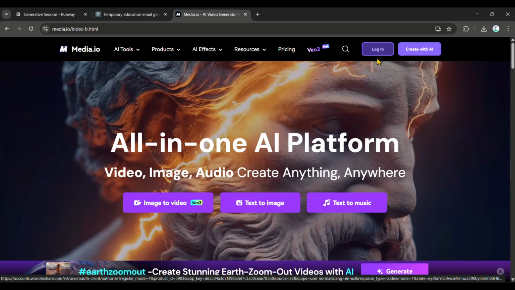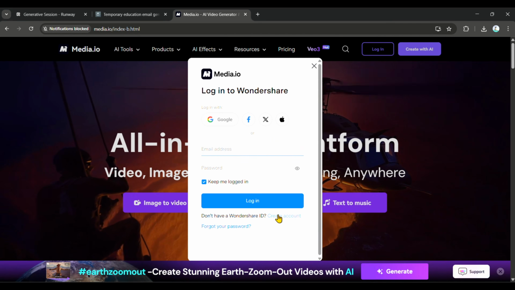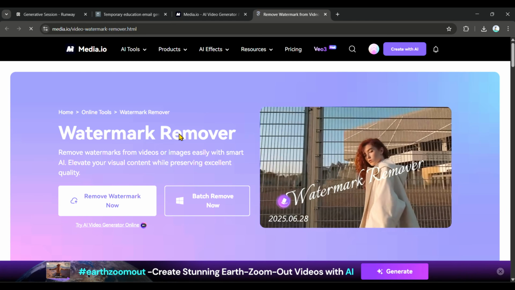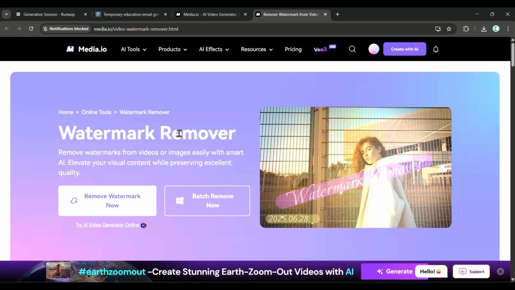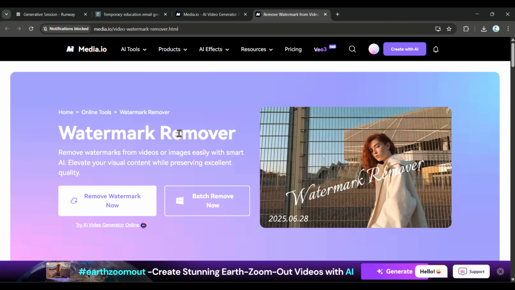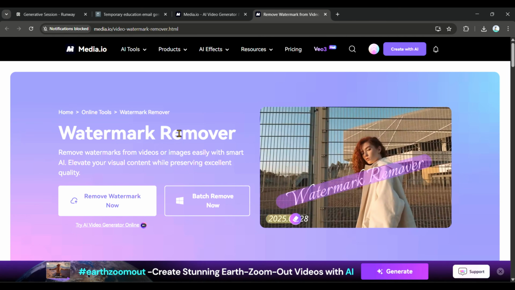Now, let's talk about removing watermarks from videos generated on the second site. For this, we'll use another premium tool. Go to media.io and click Login, then Create Account. Use any fake email to create an account. No OTP is required. Once the account is created, click AI Products, select AI Video, and then click Video Watermark